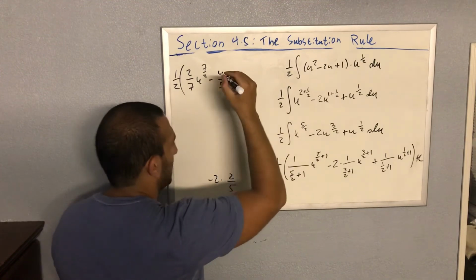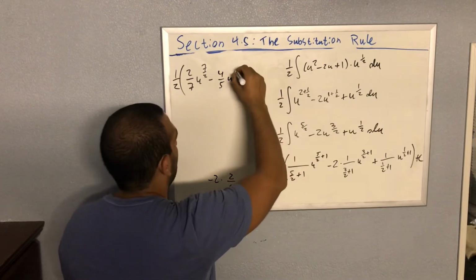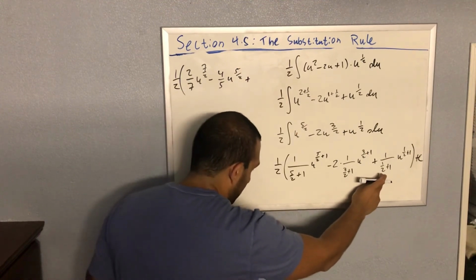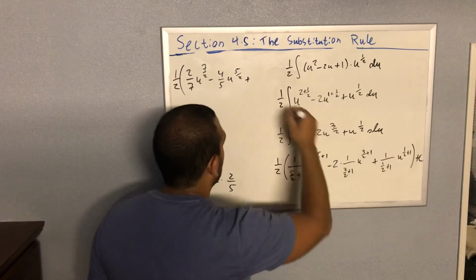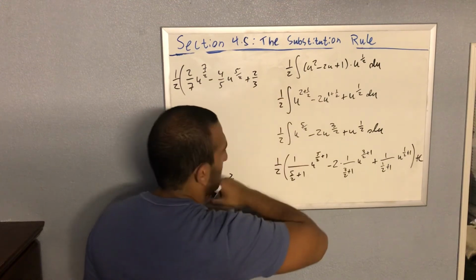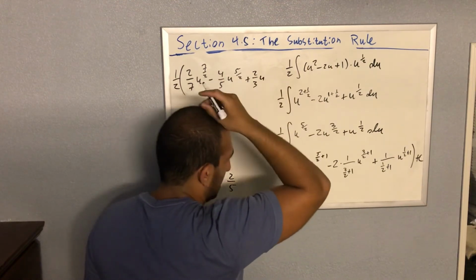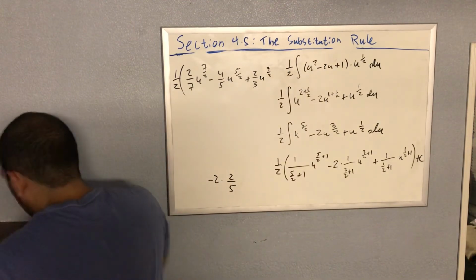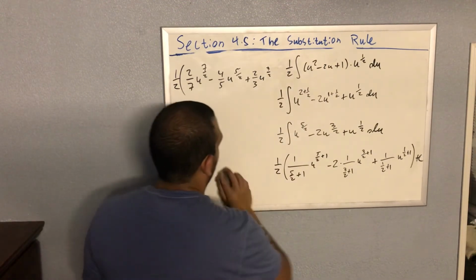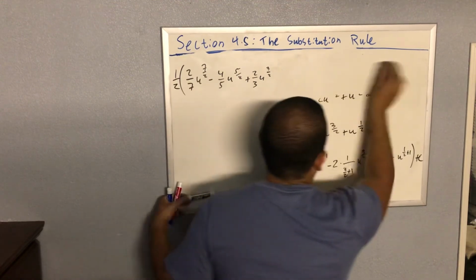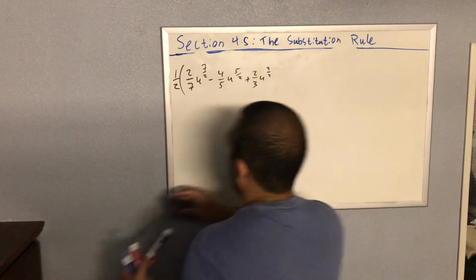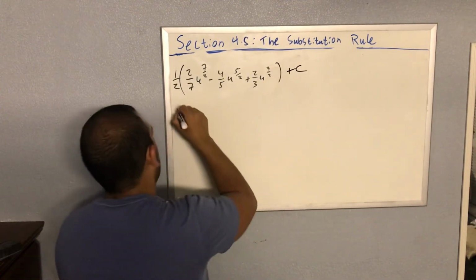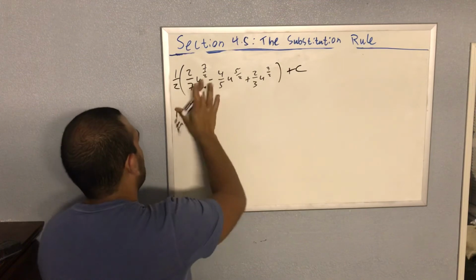So minus 4/5 u to the 5/2. And then plus, this is 3/2, so when you flip it, it's 2/3. Plus c,